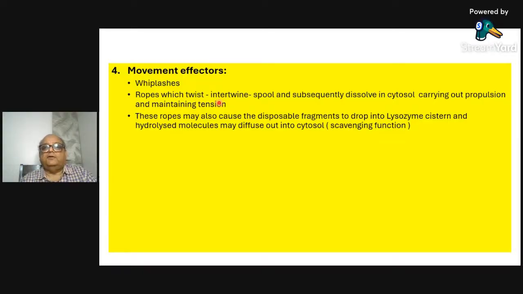Whatever parts, whatever components of the cell get damaged, actually, they can be pulled by these cytoskeletal fibers so that they drop into the cistern of lysosome and they get digested there. They can get hydrolyzed there, and the contents can diffuse out into the cytosol through the membrane of the lysosome cistern. Okay, so that's the way the cell does its scavenging function. Okay, vacuoles are bigger entities, so the lysosome goes and meets that vacuole, but otherwise scavenging can happen by some